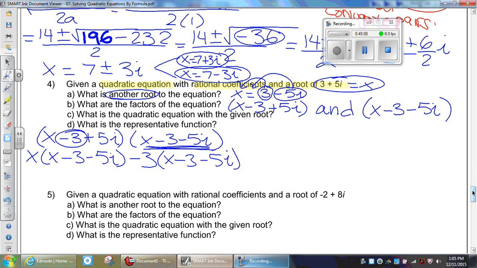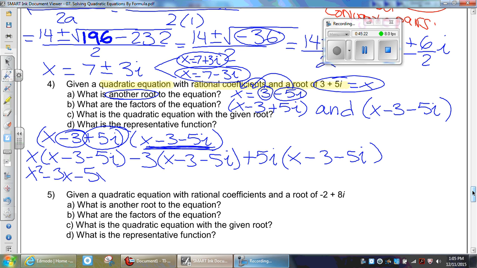And then we take plus 5i times everything here again. So x minus 3 minus 5i. That will give us x squared minus 3x minus 5xi minus 3x plus 9 plus 15i plus 5xi minus 15i